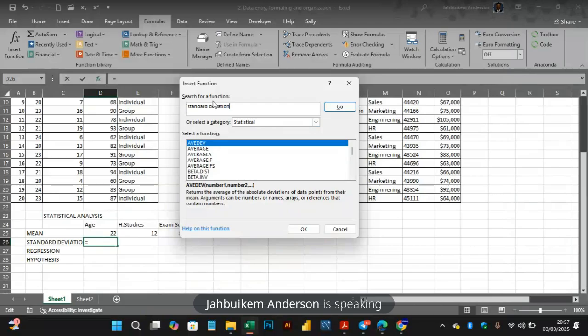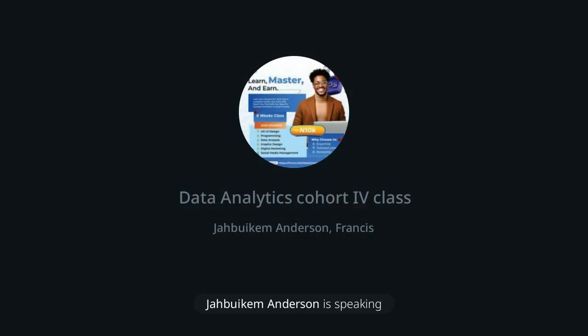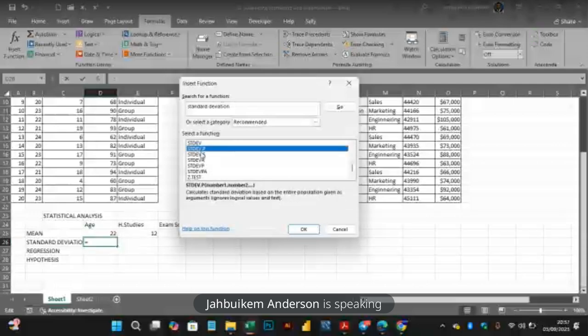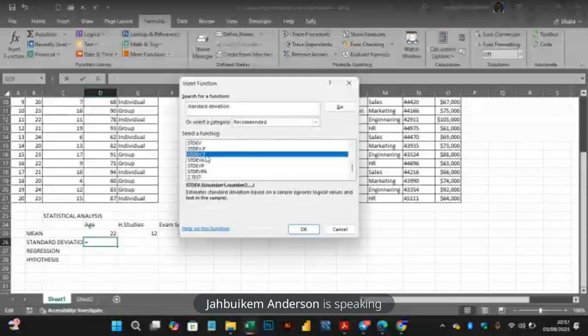And here you go. You type that, and it starts giving you options of standard deviation. Are you seeing it now? Different options are here. When you scroll down, you see we have standard deviation of population, which is this guy, and standard deviation of sample, which is this guy, right? And other standard deviations of choice, even z-test and the rest of them,